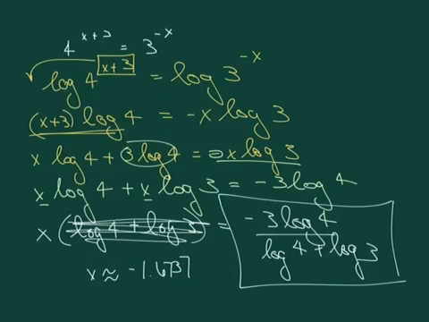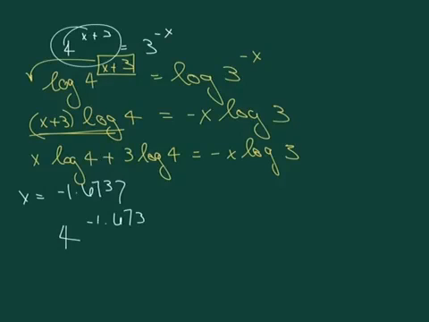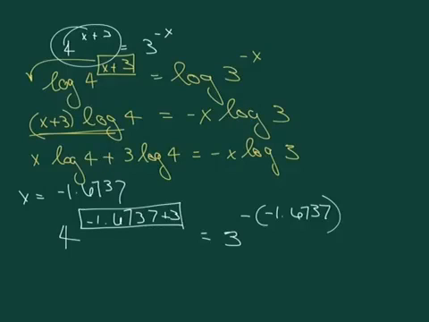I do want you to understand what in the world you just found, because so many times, you find these answers, it doesn't really help you a whole lot, does it? Okay, put it all back. Alright, so we got for an answer x equals negative 1.6737. Okay, so that means 4 to the negative 1.6737 plus 3 equals 3 to the negative 1.6737. So if you take your handy dandy calculator and add those two together,